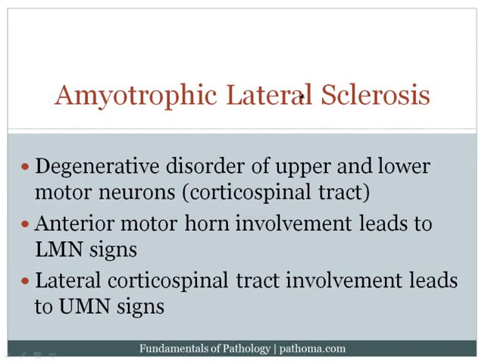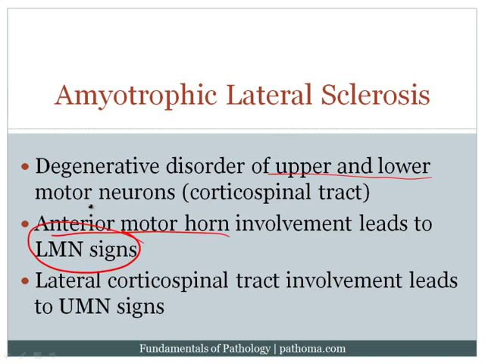Amyotrophic lateral sclerosis is a degenerative disorder of upper and lower motor neurons. You get degeneration of the anterior motor horn, which then leads to lower motor neuron signs. So the lower motor neuron signs include flaccid paralysis with muscle atrophy. You get fasciculations, weakness with decreased tone, impaired reflexes, and a negative Babinski. So it's as if everything kind of decreases, where you have this flaccid paralysis with decreased tone, with impaired reflexes,